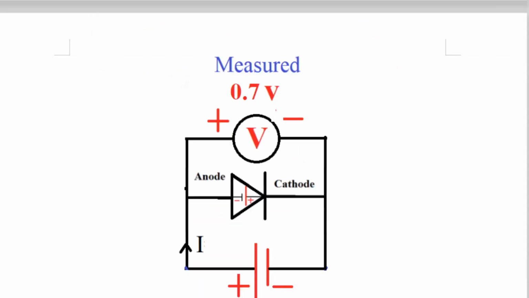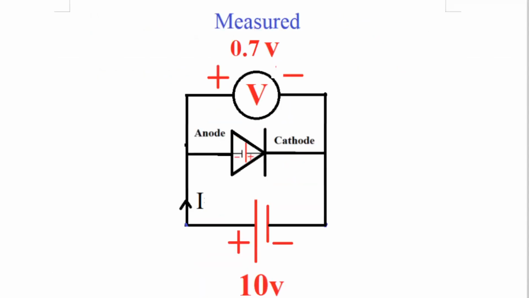Now let us go to one more diagram. See here. This diagram is also very simple. What happens in this diagram? A diode is taken. Now intentionally I have shown the barrier potential, minus here and plus here. This is the anode of the diode and this is the cathode of the diode. Now the anode of the diode is connected to the positive of the battery, the cathode of the diode is connected to the negative of the battery. Very simple diagram. The diode is there and we have shown the barrier potential inside the diode with minus at the anode and plus at the cathode. All of you know this now.